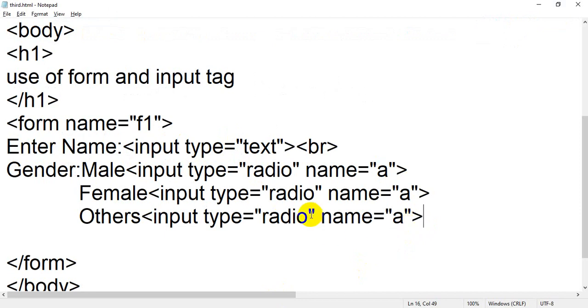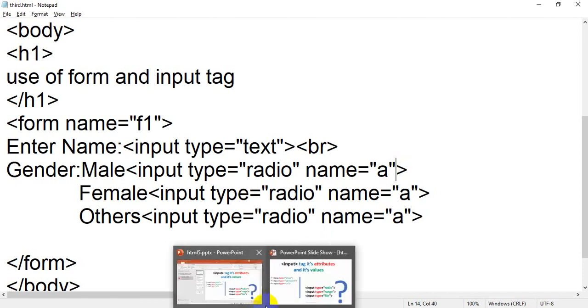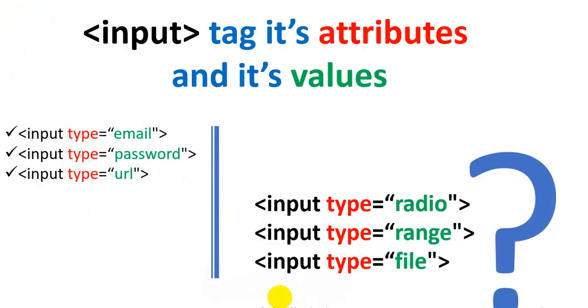Now if you have any query related to radio button, then don't be confused. We have many attributes with the radio button, which are about to come in the next lecture. But the thing is, today in this lecture we are just learning our basic input tag and its attributes. With time we will learn some new and extra features of input type and attributes. But for the time being, we are going to learn one more attribute, that is input type equal to range.